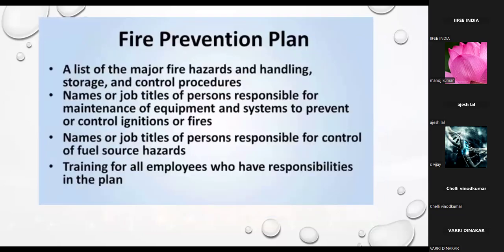Then the fire prevention plan. In this fire prevention plan, you have a list of major fire hazards, handling, storage and procedure control, and the names of the people who are responsible for maintaining the equipment or the system or the ignition of the fires. This responsible person for the maintenance of the equipment can be a third party. Whether it is done internally by us or given by contract to a third party, the names of those persons responsible for maintaining the equipment should be clearly shown